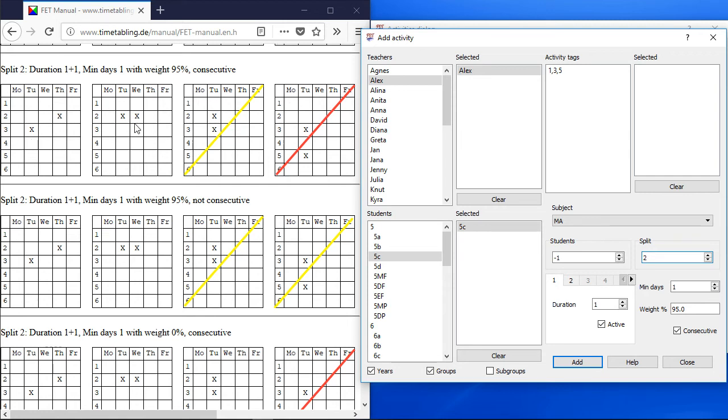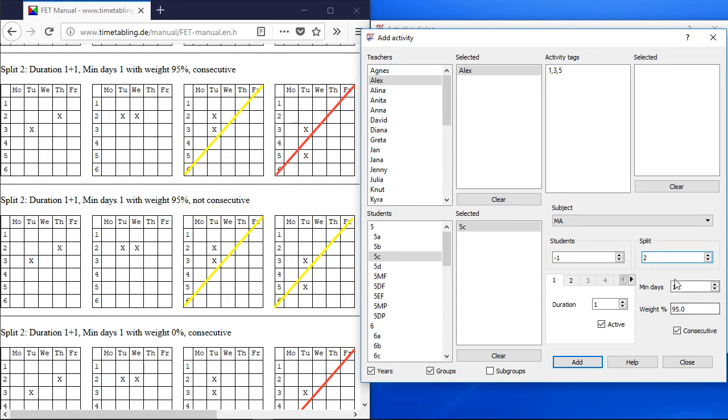By the way, the second example doesn't conflict with the min 1 days constraint, because min 1 days doesn't mean there must be 1 free day between those activities. It means moving from Tuesday to Wednesday needs 1 day. PhET tries to avoid the yellow crossed example because both sub-activities are placed on the same day. The right example will never occur, because the activities are not consecutive on the same day. So the consecutive flag is always respected with 100% weight. The 95% weight affects only the min days constraint.